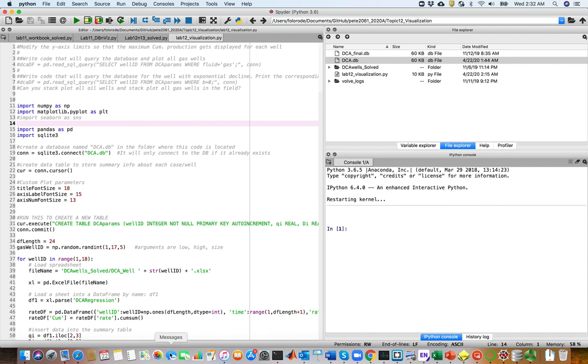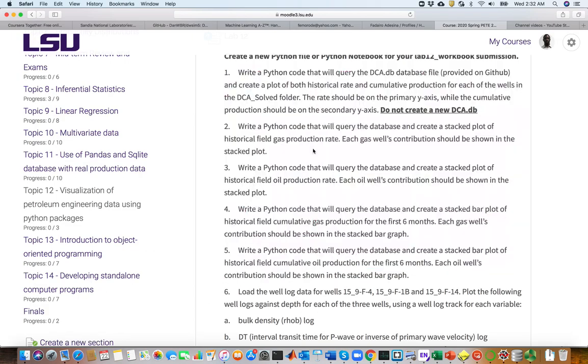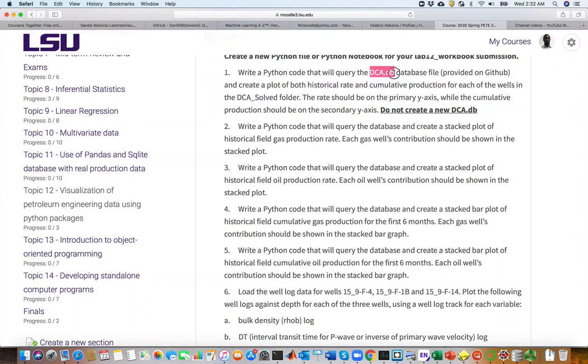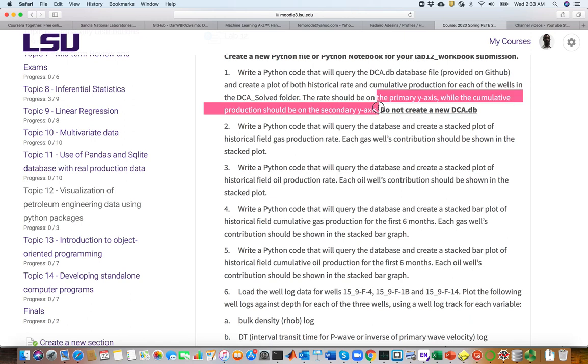So if I go back here and you look at the question, the first question is basically a modified form of lab 11. The important thing is I'm giving you a dca.db file on GitHub, and you will be basically retrieving the information that is already stored in this database. So you are not creating your own database this time around. And then make the plots you made the last time,